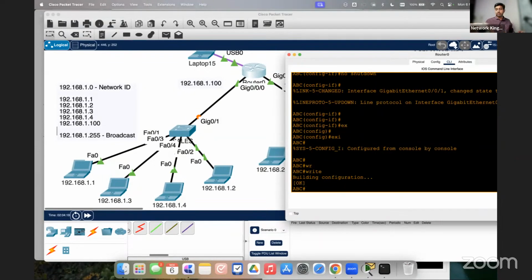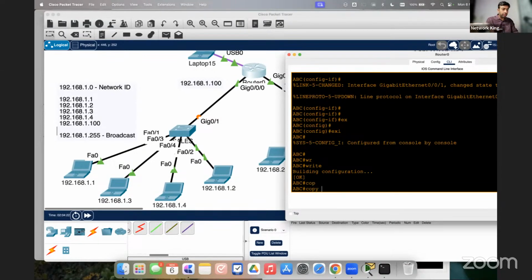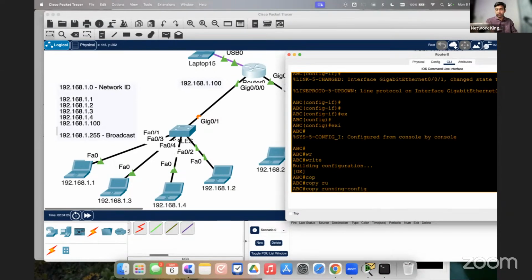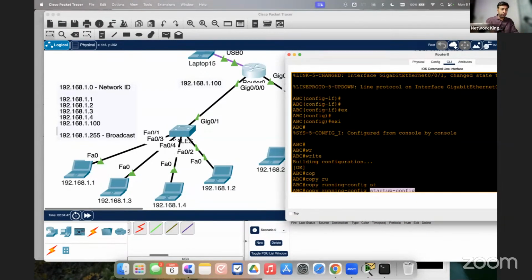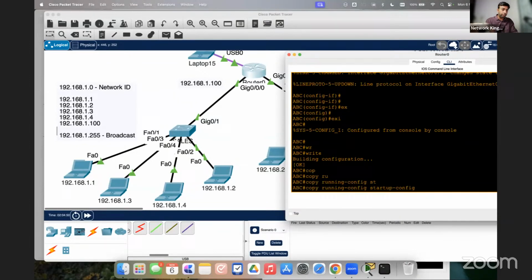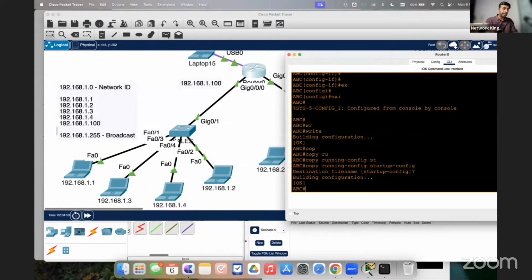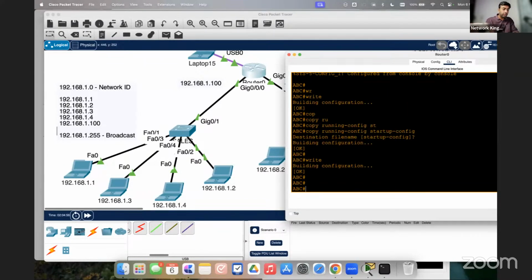write. That's it. Write means copy my running configuration, which is called running, is my RAM. I want to copy my running configuration into startup configuration. So remember, running is your RAM, startup is your NVRAM. So whenever the router reloads or there is any power fluctuation in your office, then which configuration will be loaded? Startup. So whenever you make any changes, but if you do not type write or this command, both have the same meaning. Okay. So the short form is write, but the actual meaning of this command is copy my running current